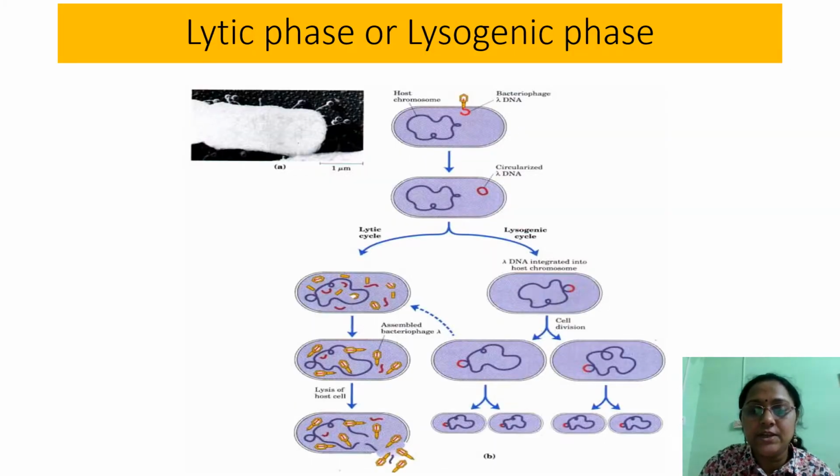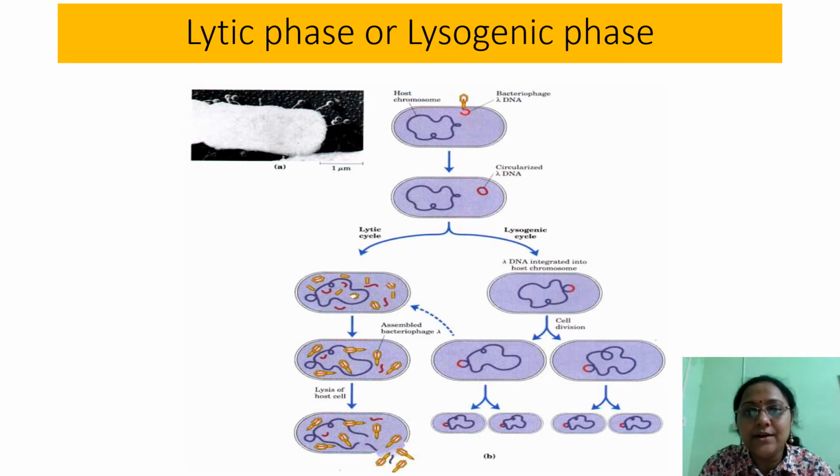To begin with, we need to understand the life cycle of the lambda phage, the bacteriophage which attacks the bacterium. This is the electron microscopic image of a bacterium, and you can see that the phage viruses are attacking the bacteria. Now, what does it do after it enters the bacterium cell? The phage virus, as we all know, attaches itself to the bacterium wall and then releases its DNA into the bacterium cell.